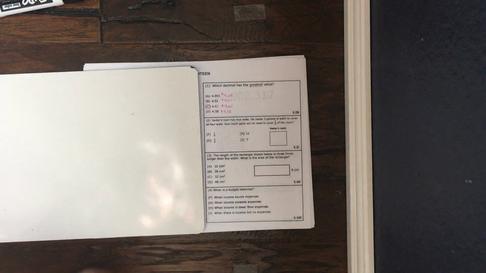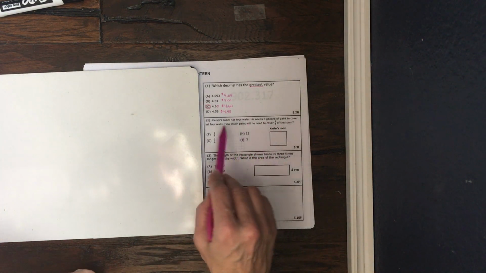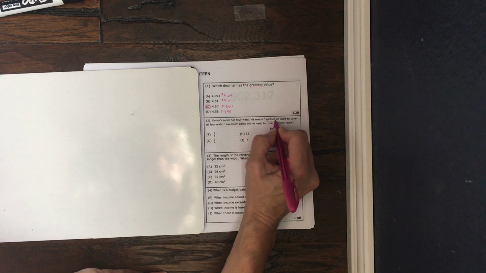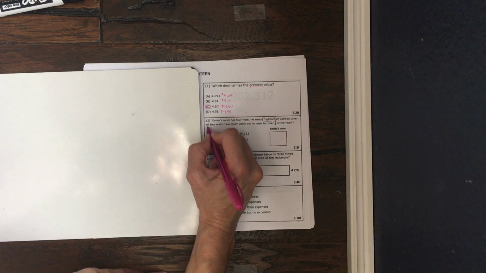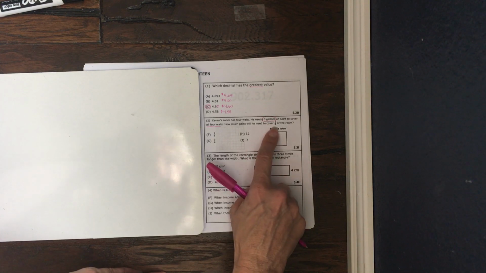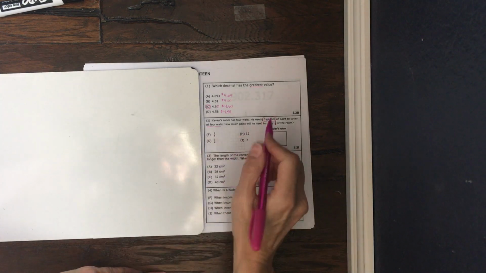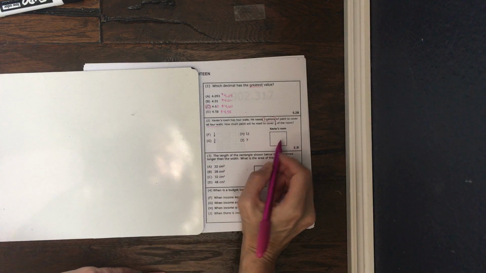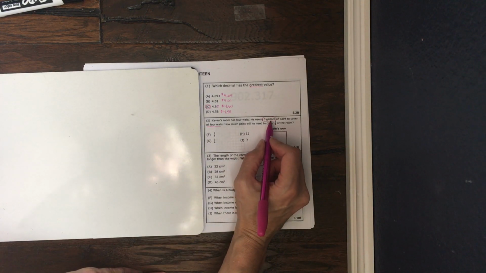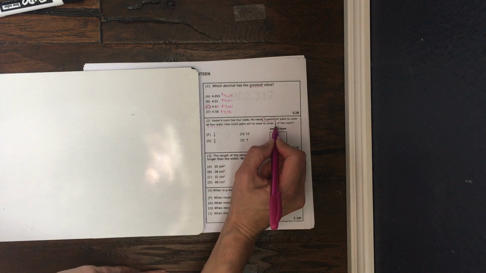Okay? All right, Xavier's room has 4 walls. He needs 3 gallons of paint to cover all 4 walls. So he needs 3 gallons to cover all 4. How much paint will he need to cover 1/4 of the room? Well, if he's got 4 walls and he's got 3 gallons and that's going to cover his whole room, then we're looking for 1/4